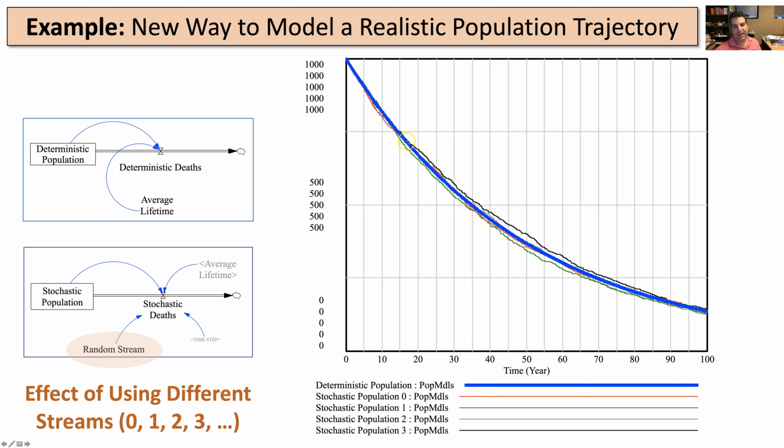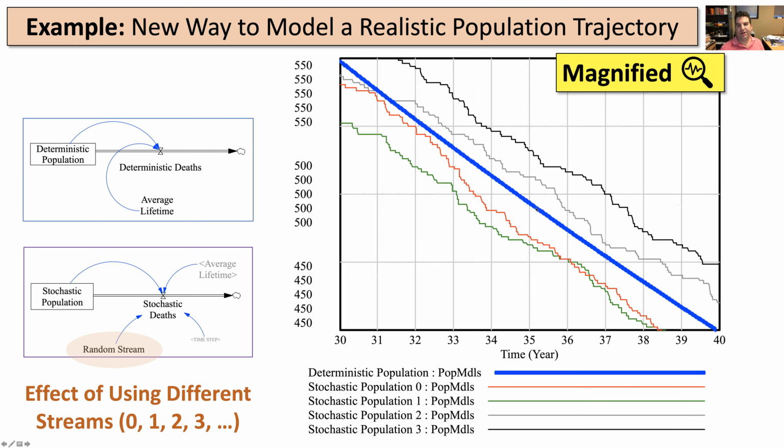And you can see they all hug the blue average behavior, but I get a lot more variability here. So this gives me a much better impression of what sort of variability I might expect in my population. I can zoom in on that, and here you see that variability. This helps us confirm that our deterministic model does appear to match the average behavior.